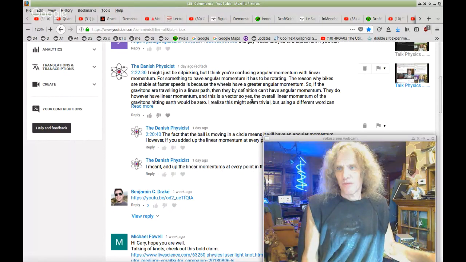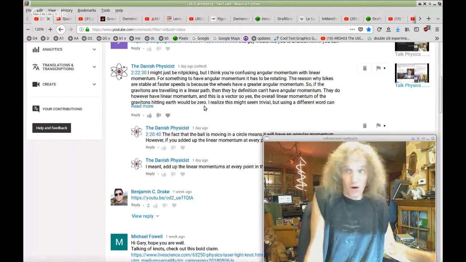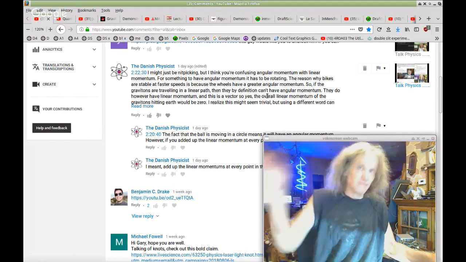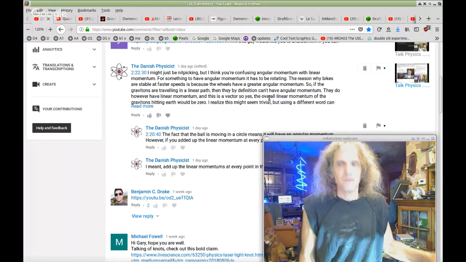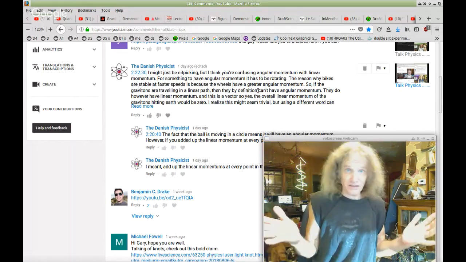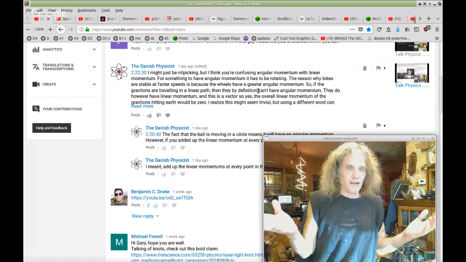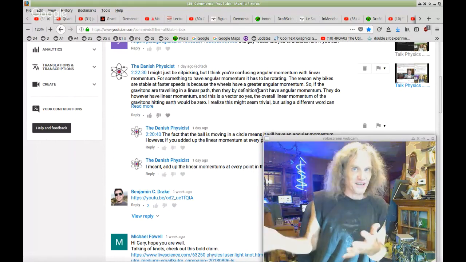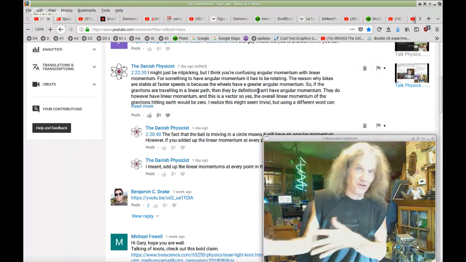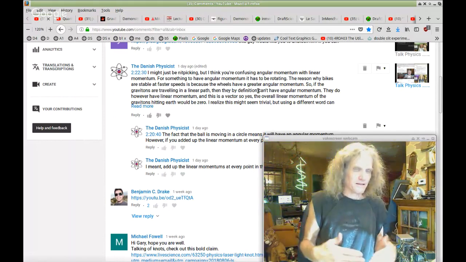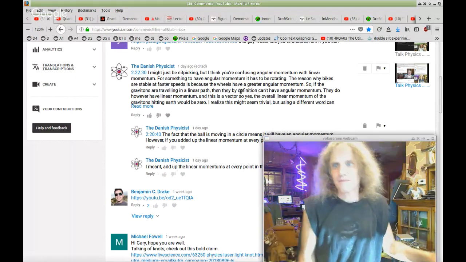The overall linear momentum of the gravitons hitting Earth would be zero. That's just wrong. Unless you mean all of them. Yes. The entire universe is zero in its natural state. In every closed system, it's not zero. So you can't even say it for the Earth, right? Because the sun is obviously screwing with the zero. There's no zero because of the sun. There's no zero because of the moon. And there's no zero, of course, because clearly the Earth has its own velocity. So anyway,